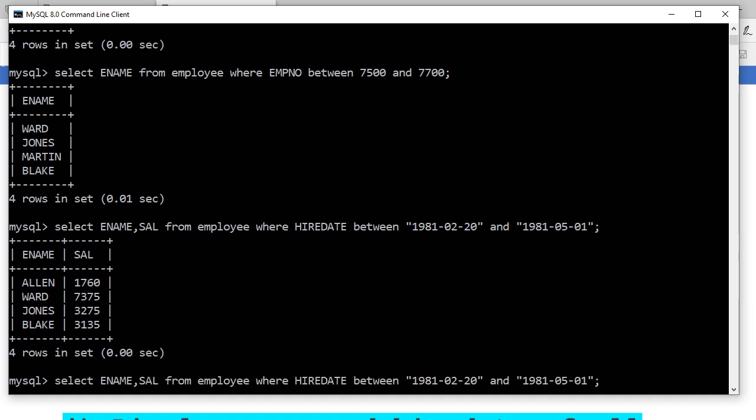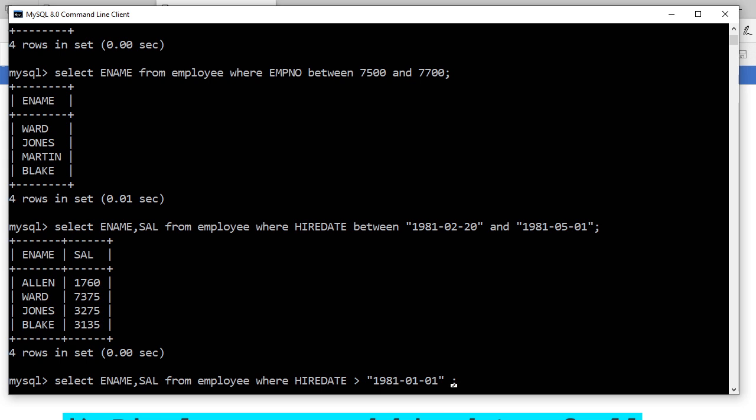So what to do? Instead of between, I am going to write greater than: hiredate is greater than 1981-01-01. See, somebody asked me whether we can make it or not. You see, it is going to print those employees who were hired after 1st January 1981.